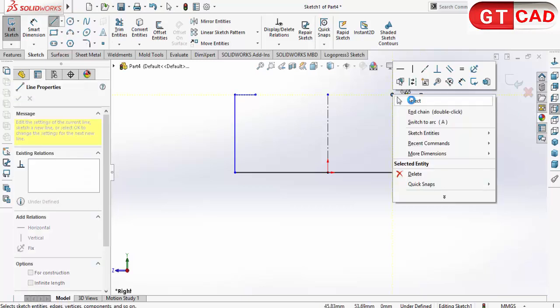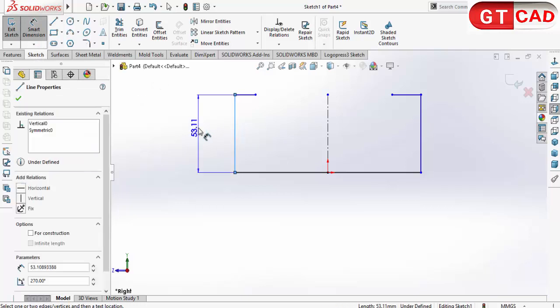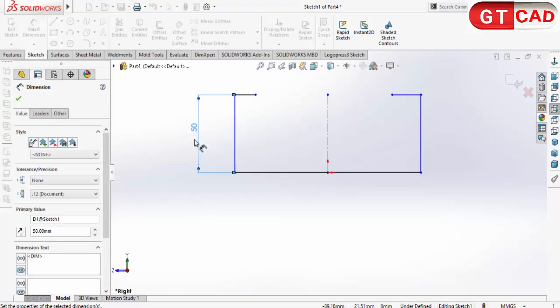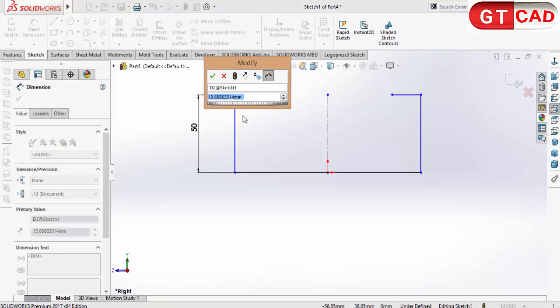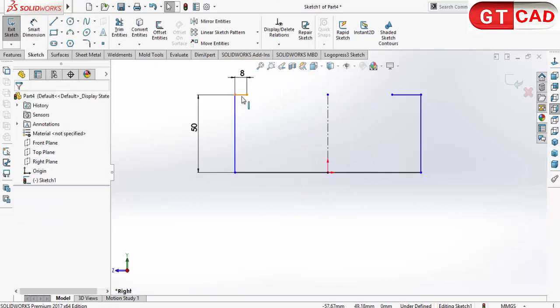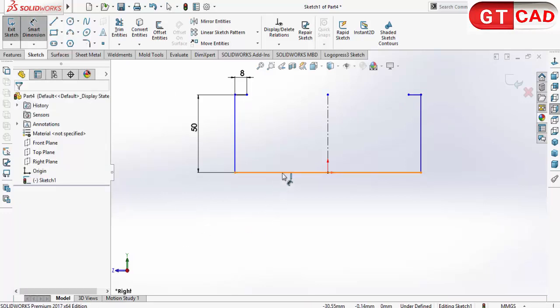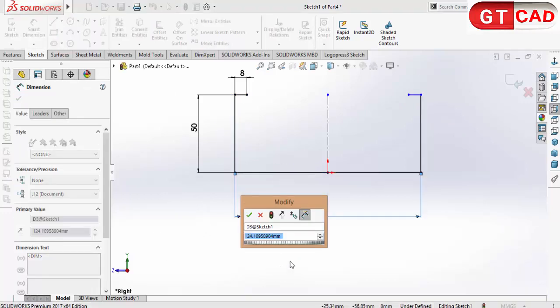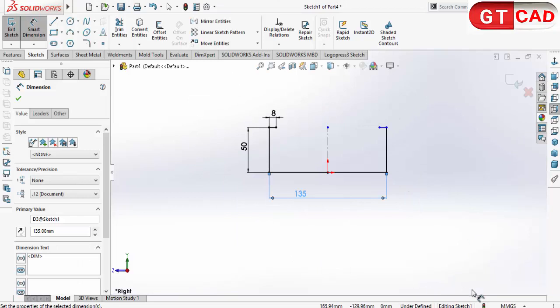I added this line. Make a dimension for it. The vertical element is 50. This short line is 80. Right click and make a relation between this line and this line: equal. The width is 135. Okay, it's fully defined,